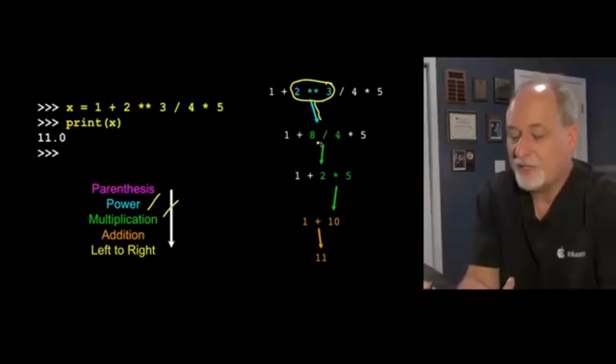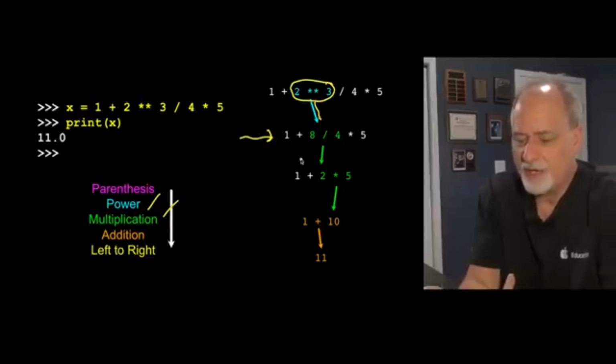And then there is both multiplication and division. They're equal. They're at the same level. And so what happens is they're done left to right. 8 divided by 4 happens before 4 times 5. And so the fact that it's not 4 times 5 but instead 8 times 4 is because of the left